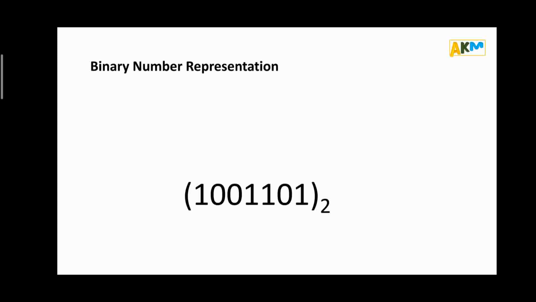Coming to the representation of a binary number, that is, how to represent a binary number. Friends, a binary number can be represented like this. Here the binary number is put inside a parenthesis, or what is called first bracket. One thing you should notice is that this binary number is made up of only two digits, that is 0 and 1, and no other digits like 2, 3, 4, etc. are used. If you use those digits, then it can't be a binary number.